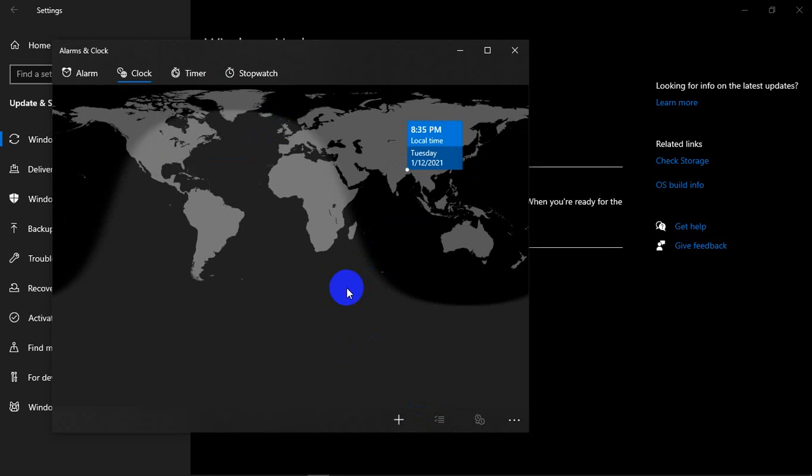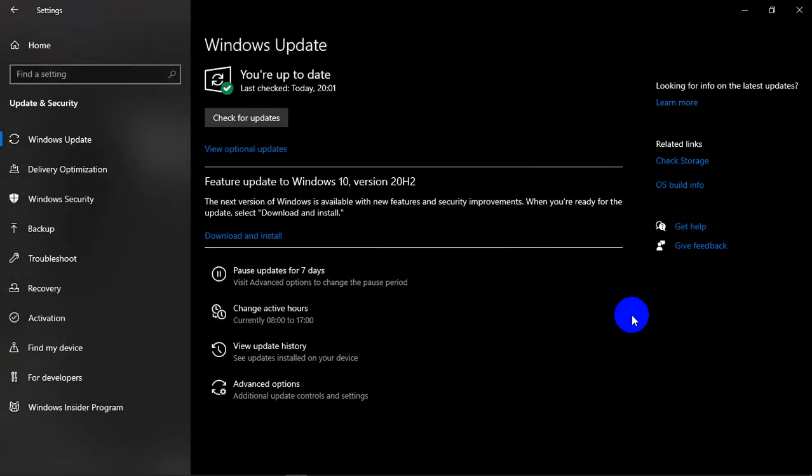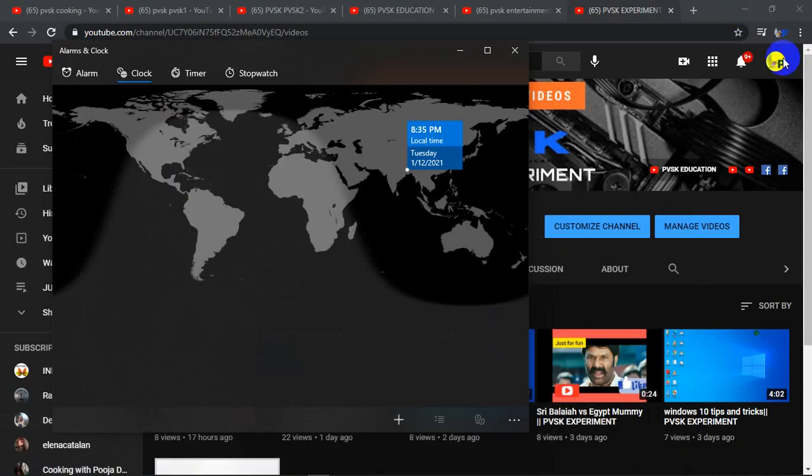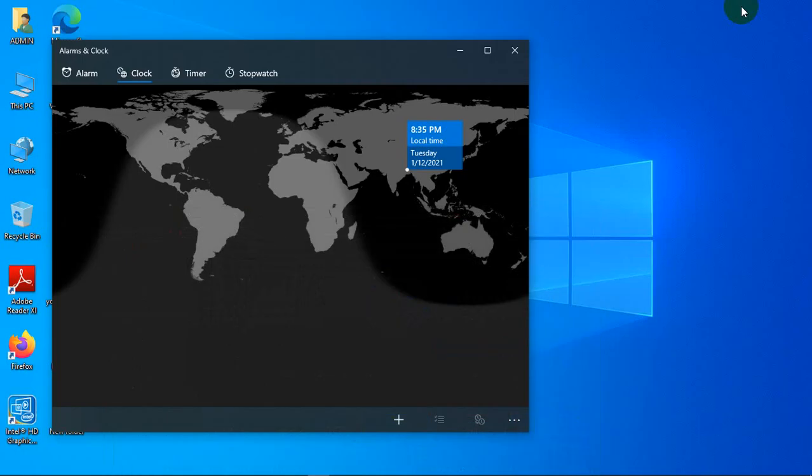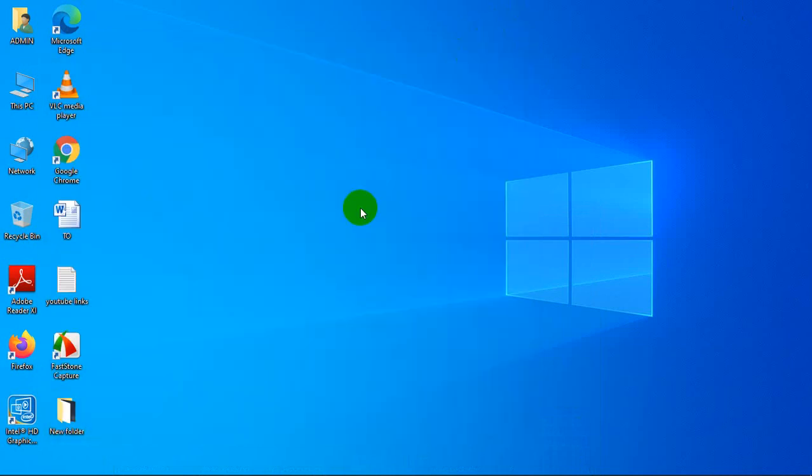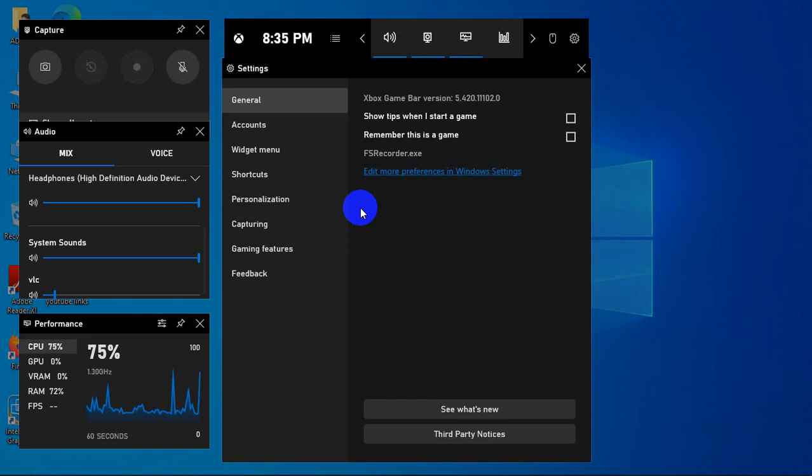And finally, how to record the game in your Windows 10. It's very simple. Windows button plus G. It gives a different view. When you press Windows button plus G once again, see this.